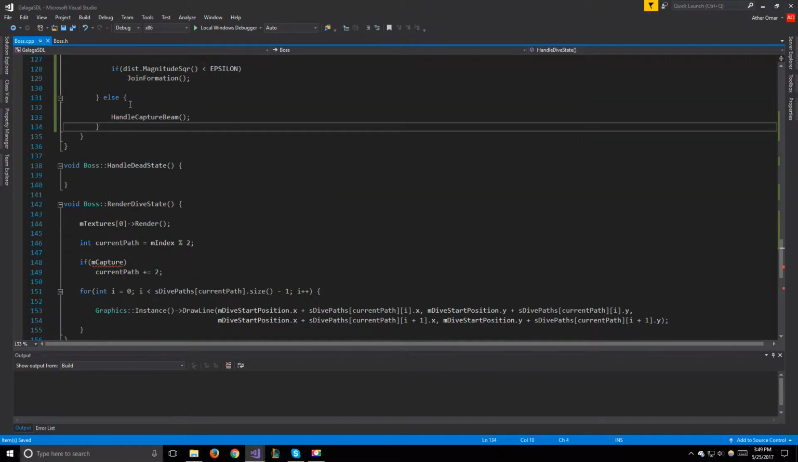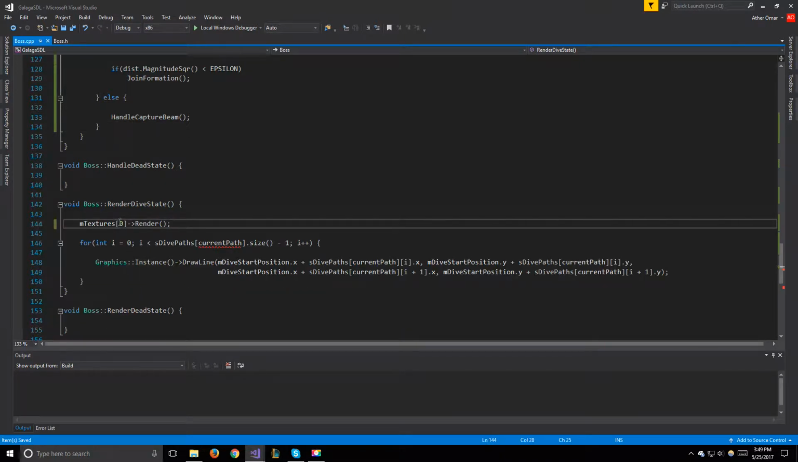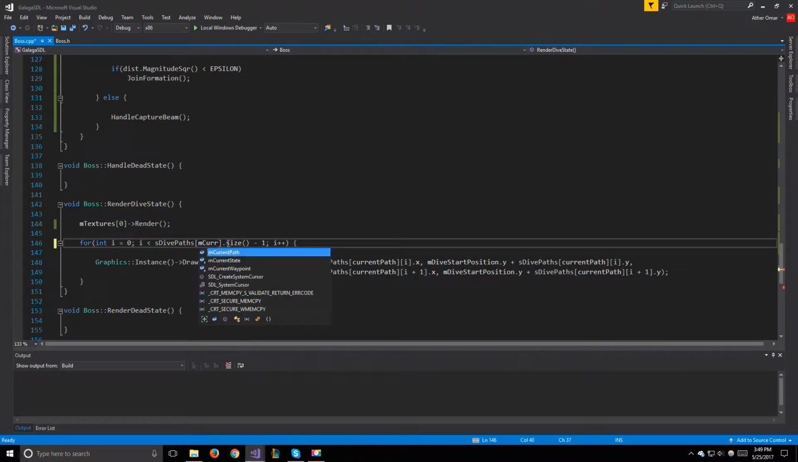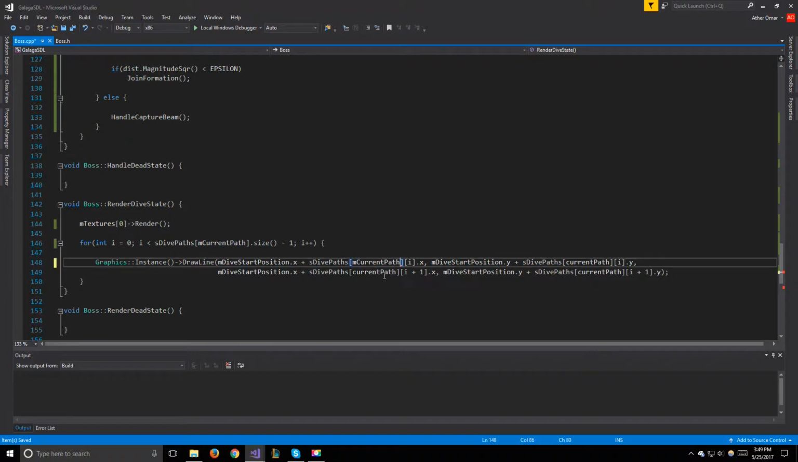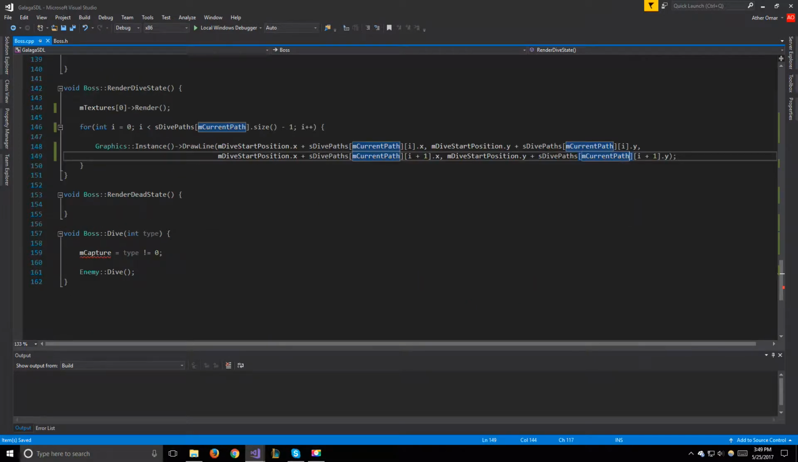Now for our render, so we have here render dive state. First thing we need to take out the current path, so we can just take out all this, and we're left with the texture render and this path right here, and this is just drawing our path. So instead of current path, we can use mCurrentPath instead. So mCurrentPath here and there. So just replace all the current paths with mCurrentPath,